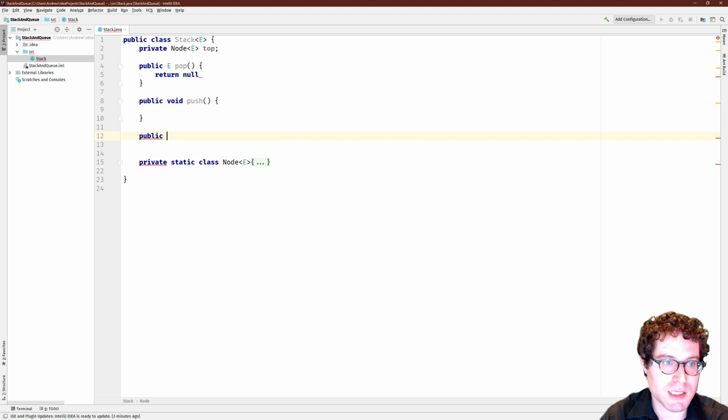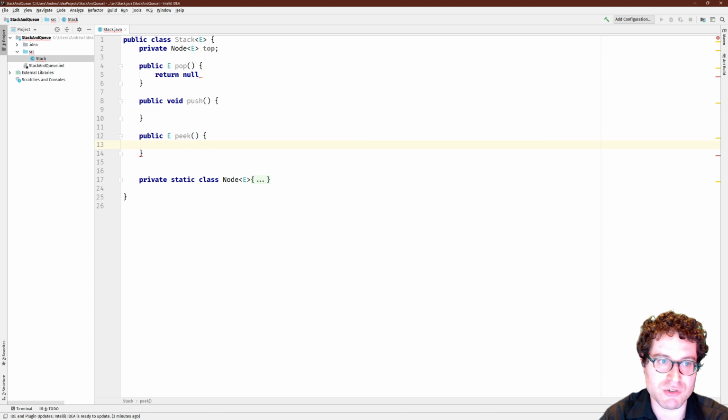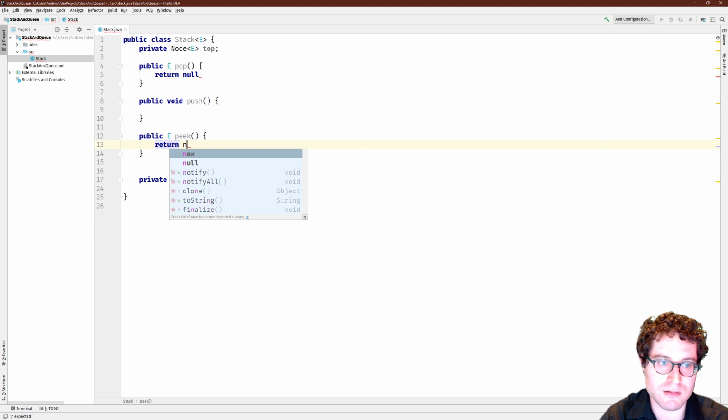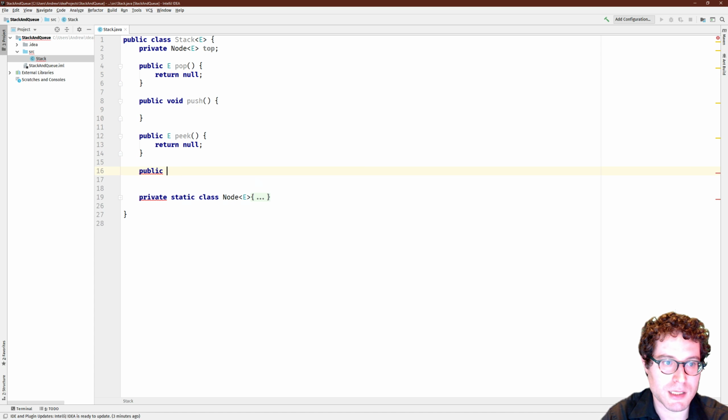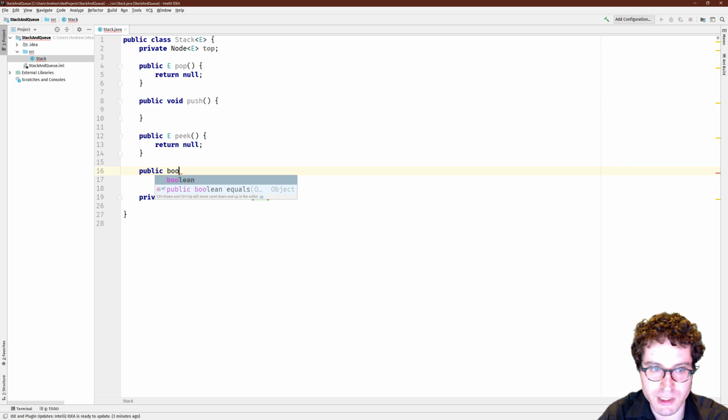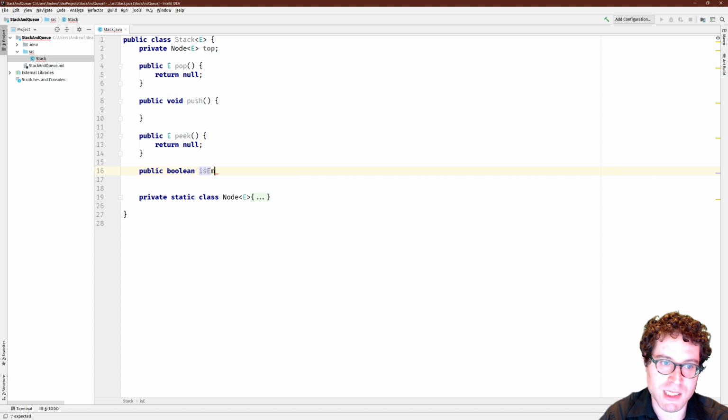Public E peek, which takes a look at the top of the stack and returns what's there without removing it. And then finally, public boolean isEmpty,